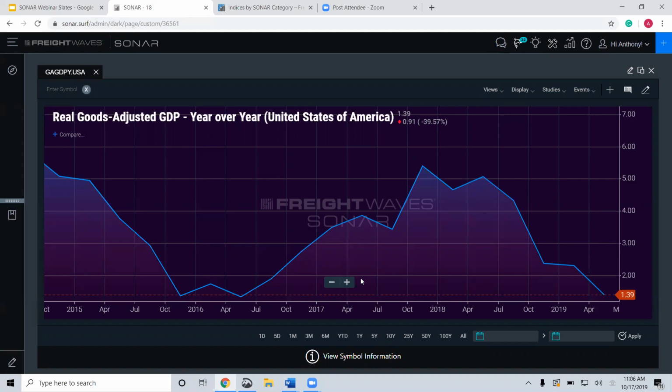When we're looking at the real goods adjusted GDP year over year, we're looking at the growth trends on a year over year basis. This is the goods side of the economy, so this is accounting for everything that gets hauled or transported on a truck. And if you want a more specific definition,